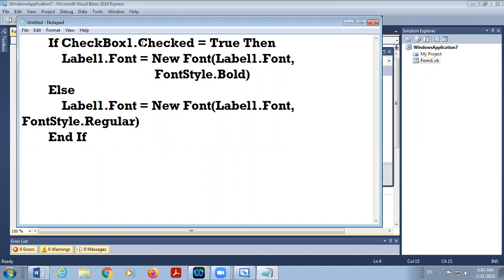If checkbox 1 checked, means you have clicked on it, is equal to true, then Label1.Font. Label means there is a name, and the font is the font of that label, because font is a property. So Label1 की जो font property है is equal to new Font(Label1.Font,